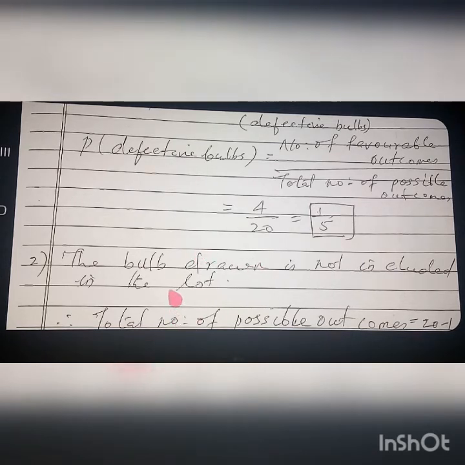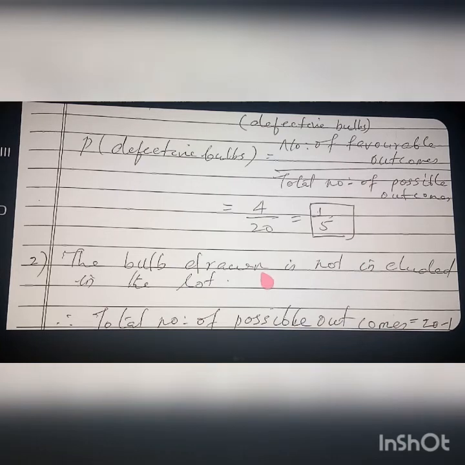And for the next question you have to think properly. Listen here. First of all, in the first case we have taken a bulb, and that bulb is not kept back in the lot again. It is already taken away. And see the question: suppose the bulb drawn is not defective, and it is not replaced again, not kept back again. What is the probability that, among the rest of the bulbs, the bulb is not defective?